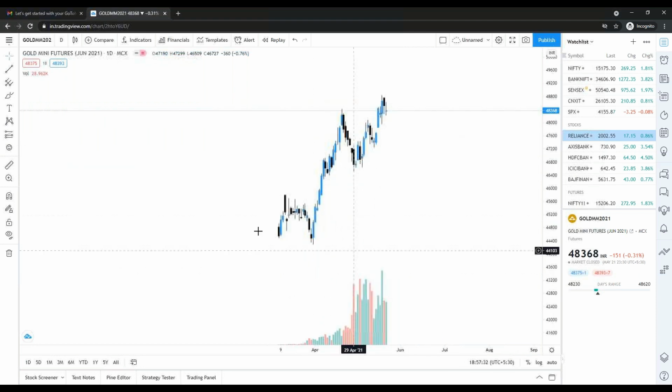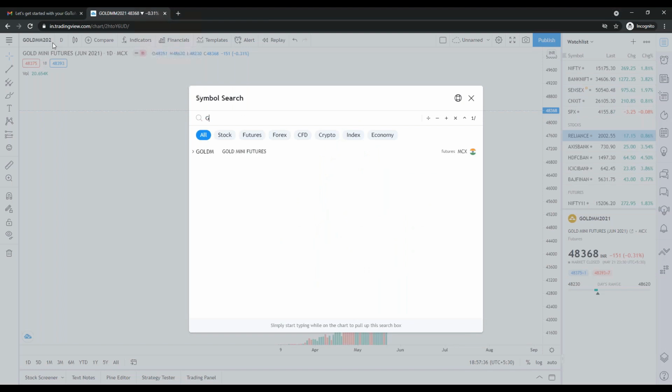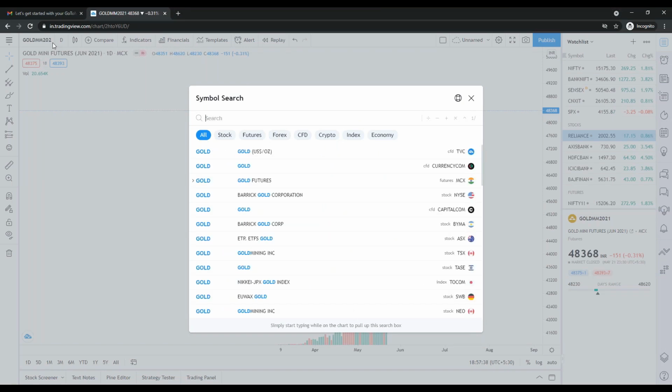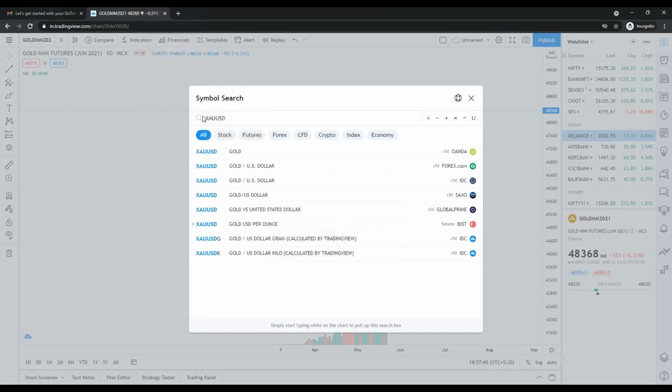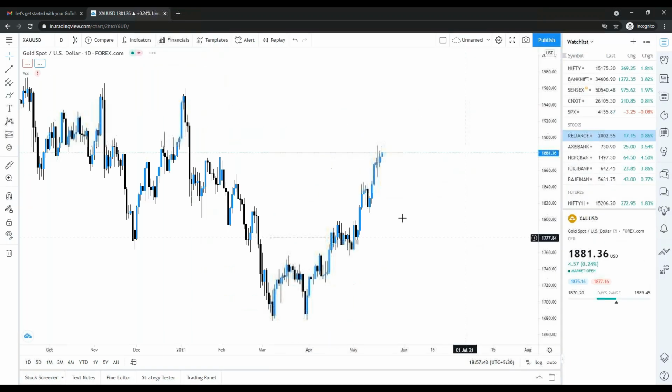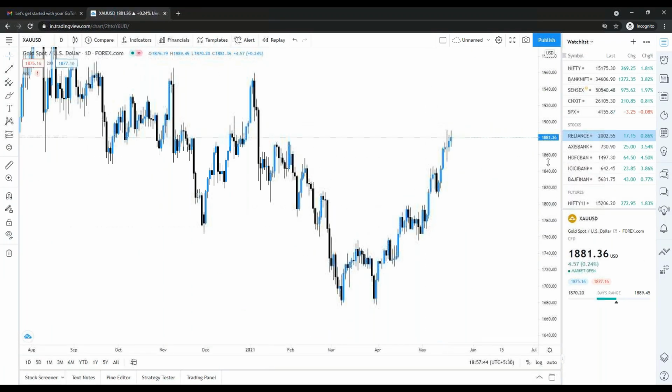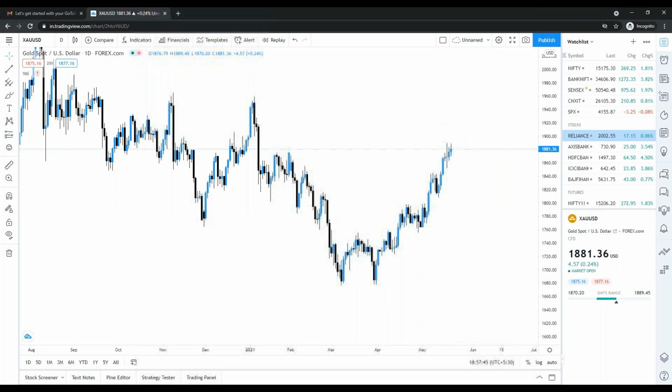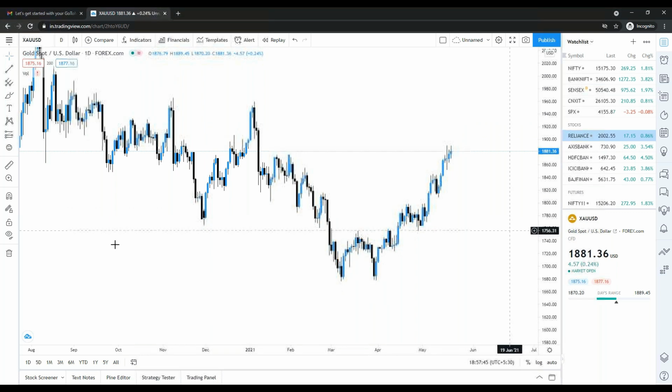आप देख सकते हो June contract में ये है graph. Okay, and those who trade forex, they can use XAUUSD for the gold. So this is the chart. Actually, in gold and silver, the secret is, because I do trade in gold and silver. मैं gold and silver में trade करता हूँ, and the secret is,